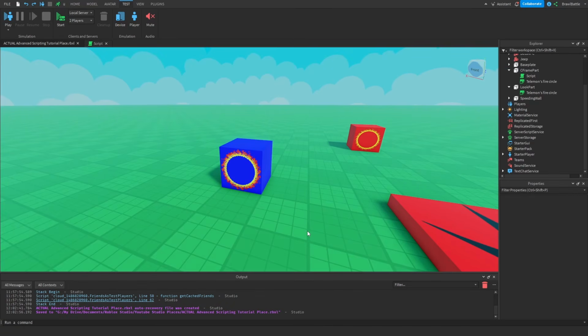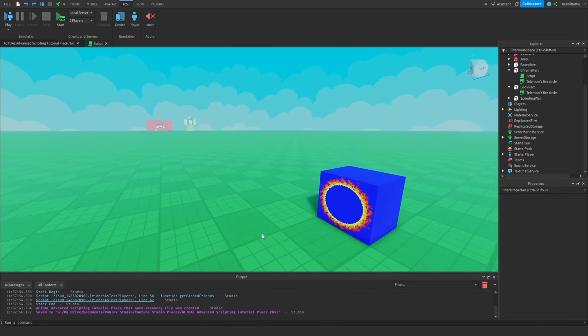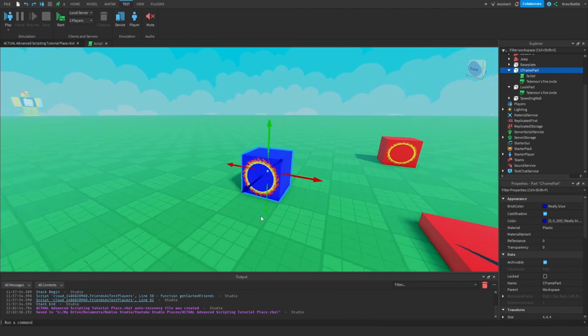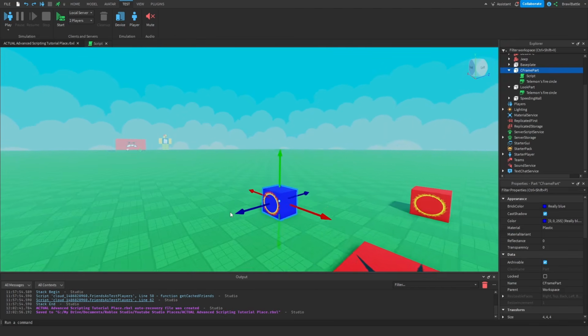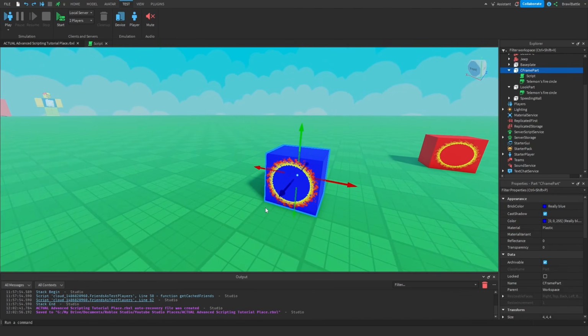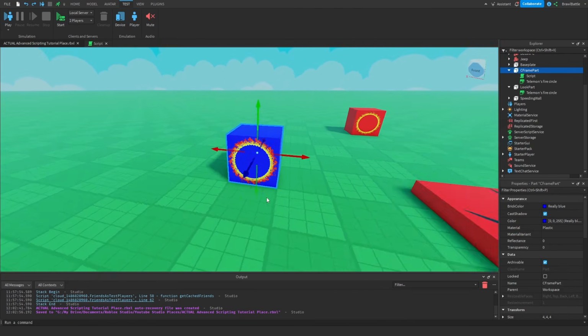Alright, so this next part's going to be a little complicated, so I want you to fully pay attention to this, and I'm going to try to explain this to the best of my ability. But so far up until this point, we've basically been manipulating CFrames of 3D objects based around the world's perspective. But we can't rely on the world's perspective every single time we're trying to change a CFrame of a 3D